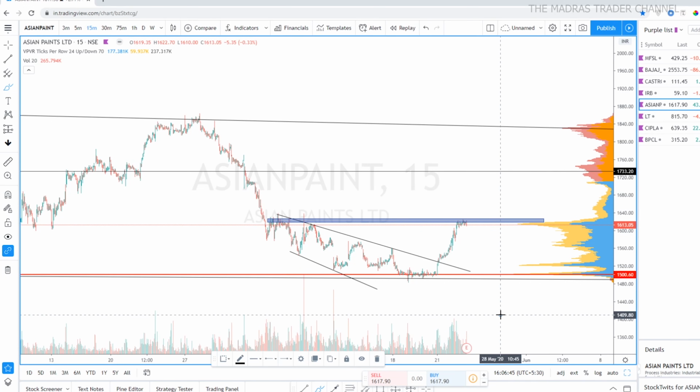Just a disclaimer: you cannot use just the volume profile as a strategy. It doesn't give you a buy or sell signal. You must always incorporate it with price action or any other strategy that you are using. But it really gives an additional confirmation, and it gives superb information as to where the smart money is, where the institutional activity is happening, right? That is what we want to know.